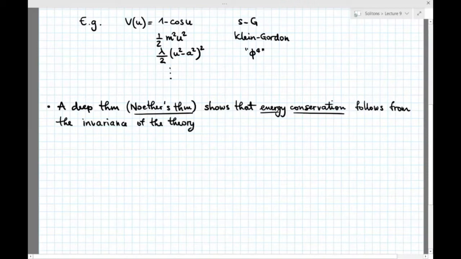And the specific invariance or symmetry that implies the conservation of energy is the symmetry under time translations,